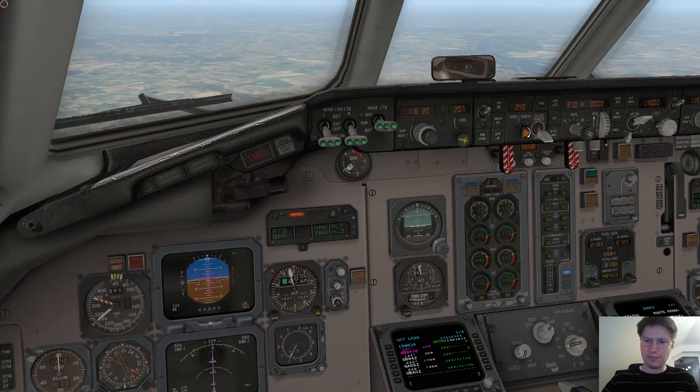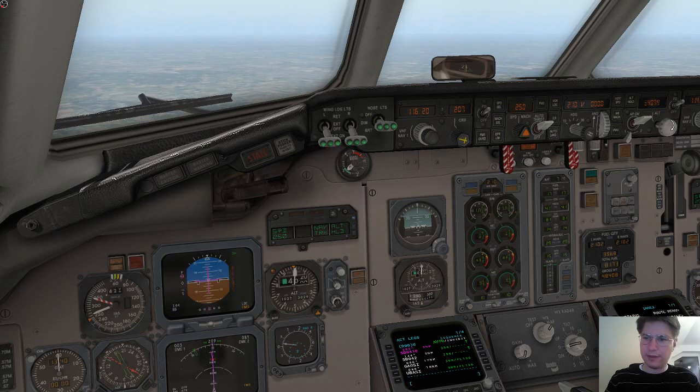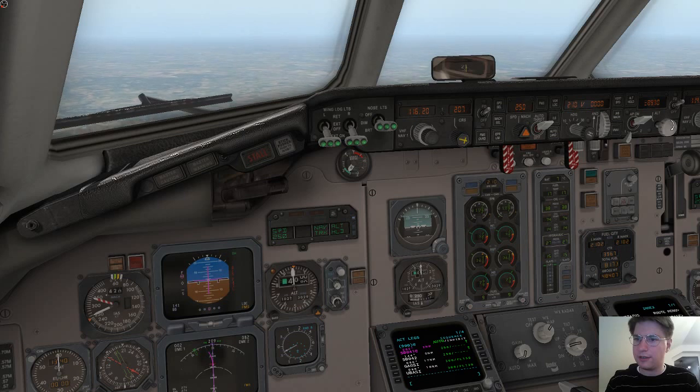So all flaps up. And at this point we're going to climb to 13,000 and switch on VNAV mode. So I'm going to set the target altitude here and press the VNAV button, and that should hopefully